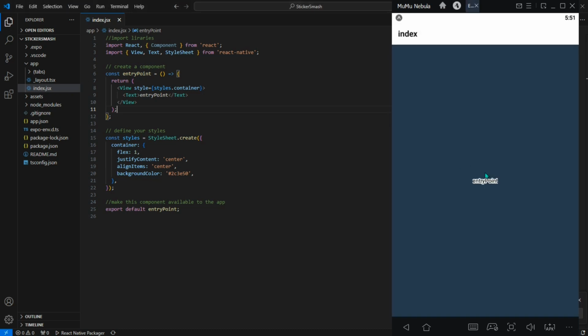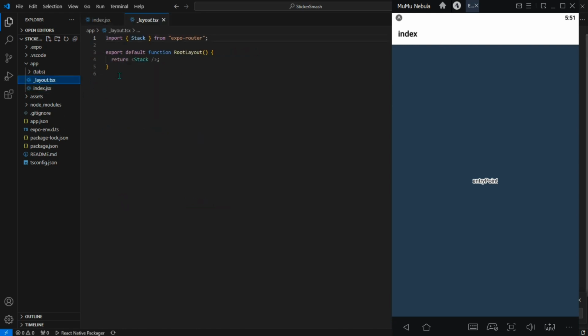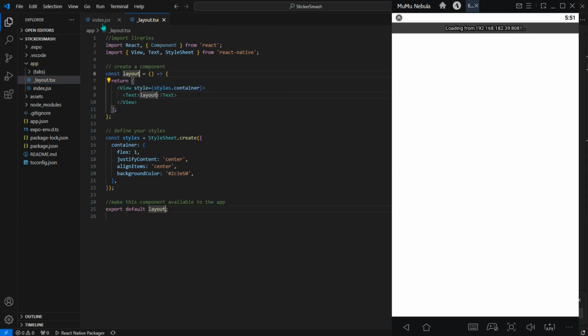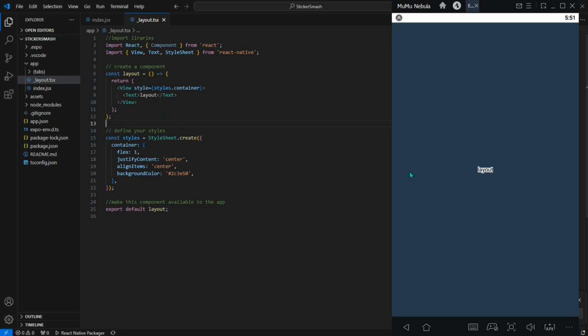Now we have our app entry point, which is the index.jsx. Now the next thing we want to do inside of this place, of course, is get rid of this and give it some code inside, and we want to say layout like this. Just name it layouts, and wait for it. It should come up right now. All right, we have the layouts, but